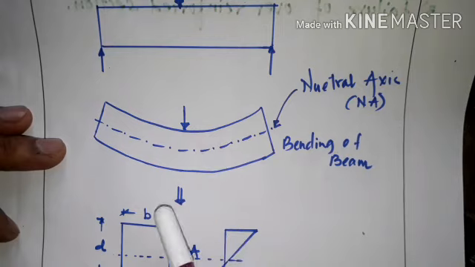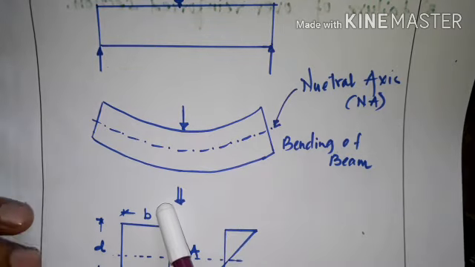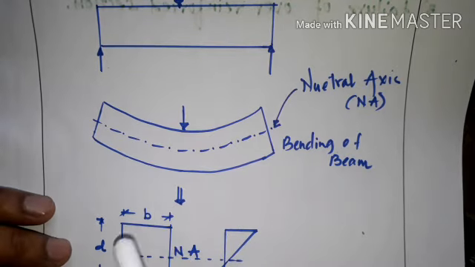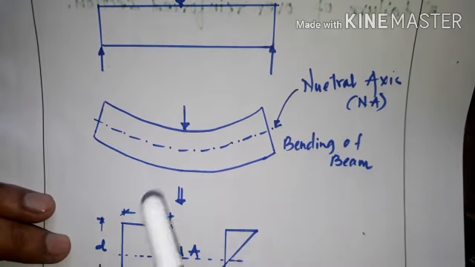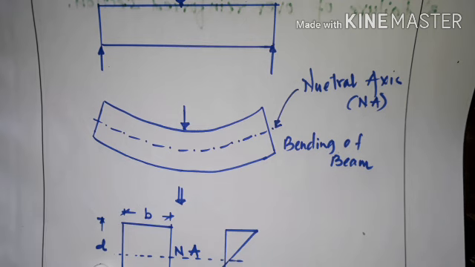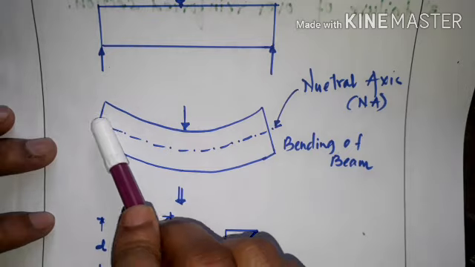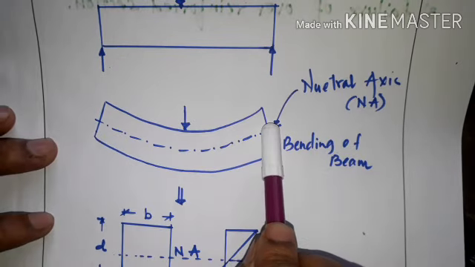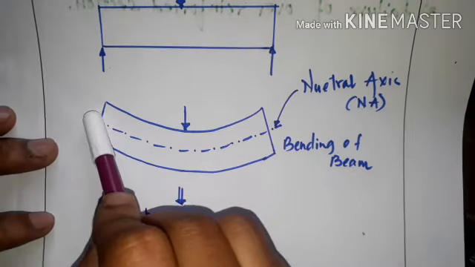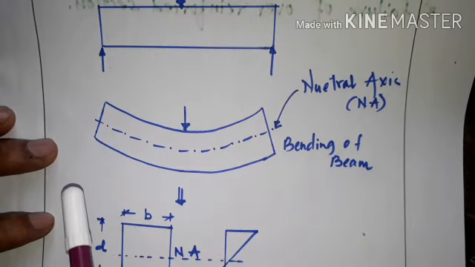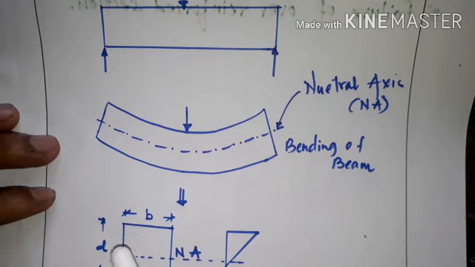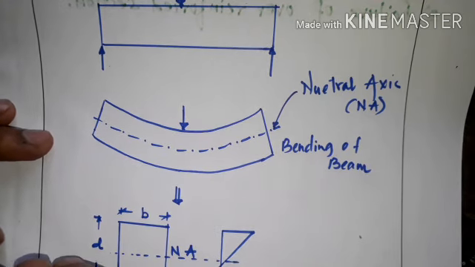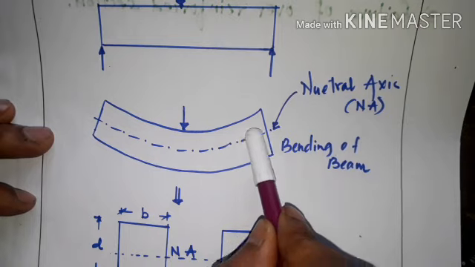So when the bending takes place in the section, the behavior of the member will differ with respect to its neutral axis. The behavior of the member will differ with respect to the neutral axis of the section. So here, about this neutral axis, when the bending takes place downward, or sagging bending, with respect to the neutral axis,